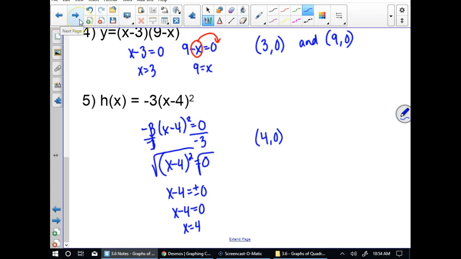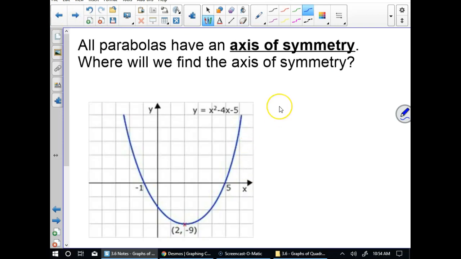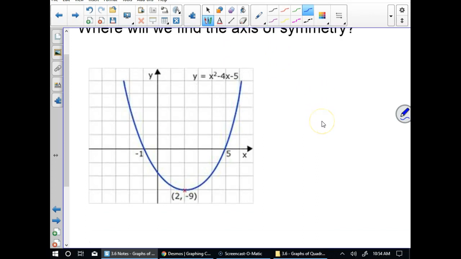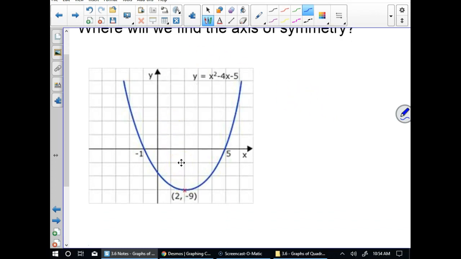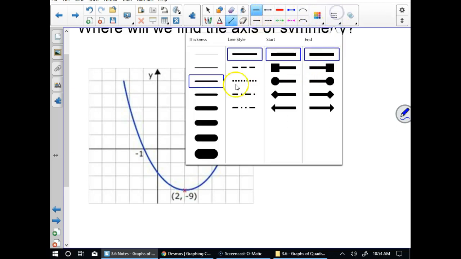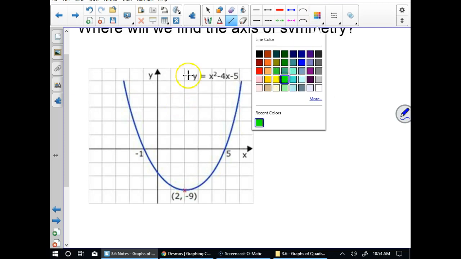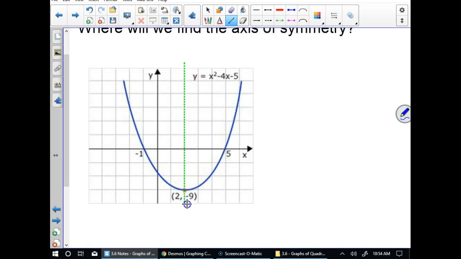All right, we've got a couple more things to do. All parabolas are symmetric, so they have an axis of symmetry. If we look at this picture right here, where is our axis of symmetry? If I draw it in, I'll use a dotted line here, in a different color. If I want the line where I could fold this parabola in half, it would be right here. So the axis of symmetry always passes through the vertex,